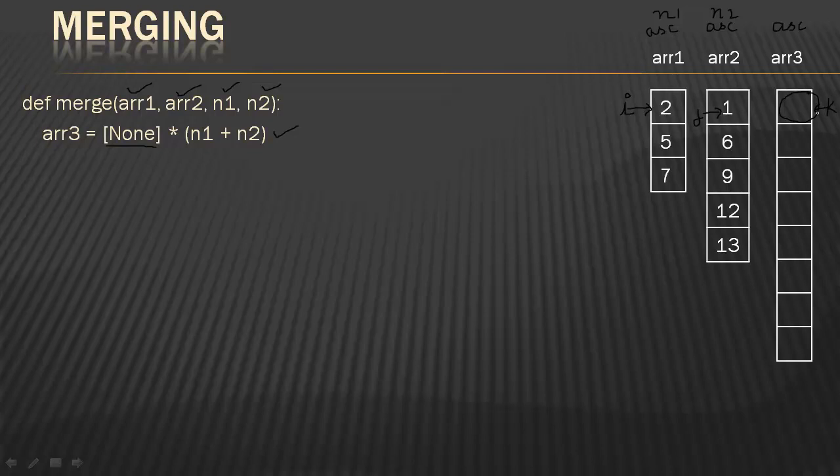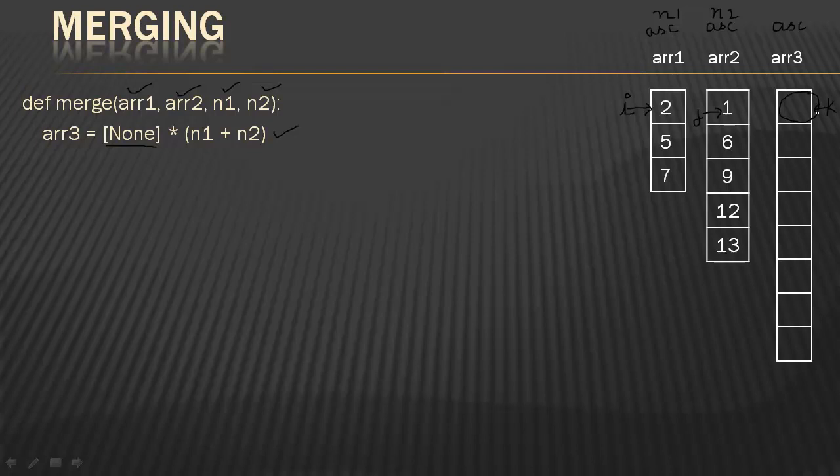I and j are currently at the first location, that is the 0th location, because the smallest elements are at the 0th location. Suppose one of your arrays was in descending order, then the smallest element would be at the last location. Where we place I and j is important, and it depends upon what is the first element that you need in the third array. The first element that I need in the third array is the smallest element. So go find out in both your arrays where the smallest element is and place I and j accordingly.